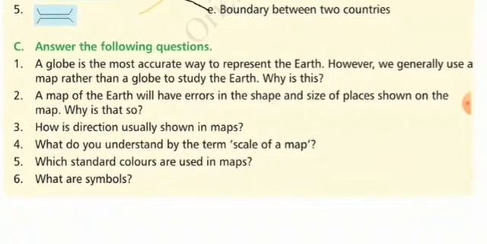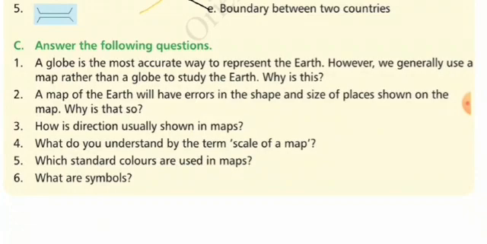Second question. A map of the earth will have errors in the shape and size of the places shown on the map. Why is that so? Because the surface of the map is flat, but the earth's surface is not flat. We cannot flatten the surface of the earth.